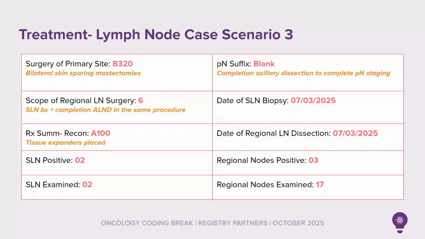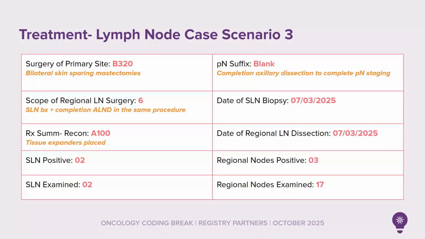Sentinel lymph nodes examined will be 02 for the 2 sentinel nodes that were removed and sent to pathology. The PN suffix will be blank. Although a sentinel lymph node procedure was done, a completion axillary dissection was also done to complete the PN staging. The date of sentinel lymph node biopsy and date of regional lymph node dissection are both going to be 7/3/2025